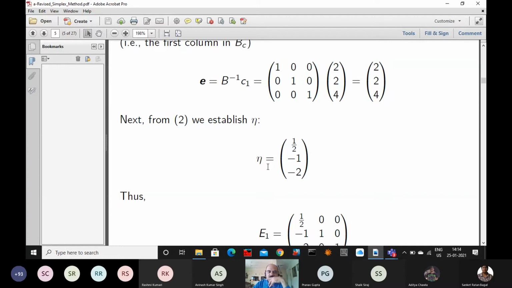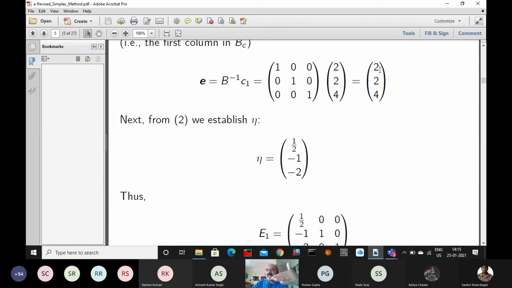How do you write eta? Eta will be the first element, second element, third element. Just look at the simplex table. We have a pivot element P. In that position, it will be the reciprocal, 1 by P. Other elements will be the element divided by the pivot element with a minus sign. So this eta will have a minus half there, right? The first element, the first element has to be only the reciprocal.